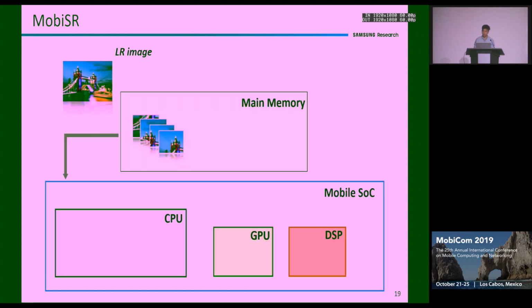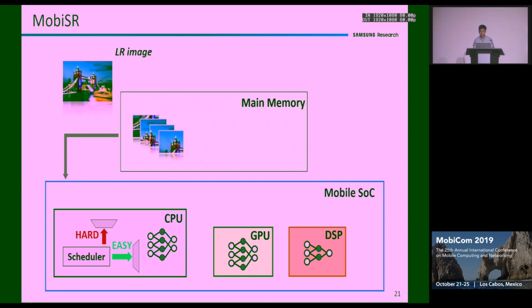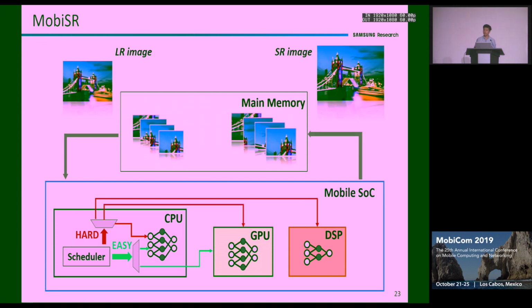We allocate them to the mobile SoCs, which in this case would then generate two models. I'll explain how later. We put the bigger model in the CPU and GPU, and we put the smaller one on the NPU, with a scheduler which would decide whether each patch is hard or easy to upscale. The patches would then be allocated to the relevant compute engines, and the upsampled patches will stitch back again,